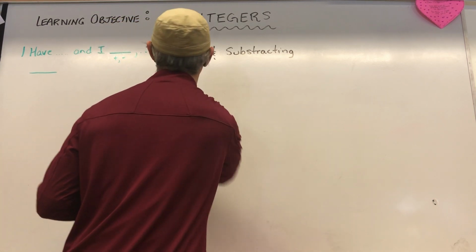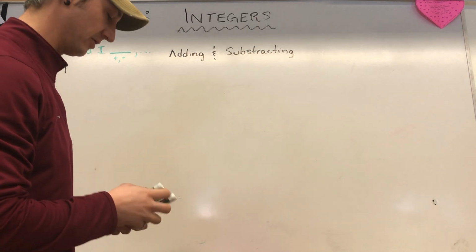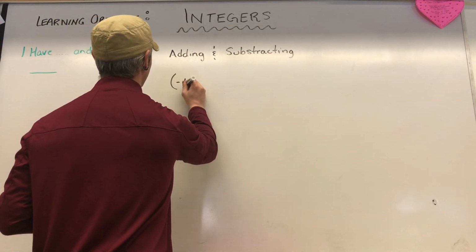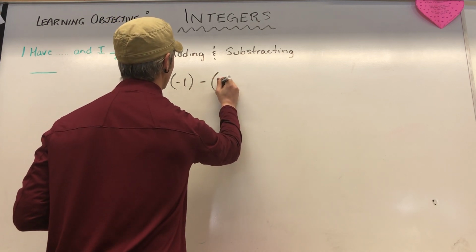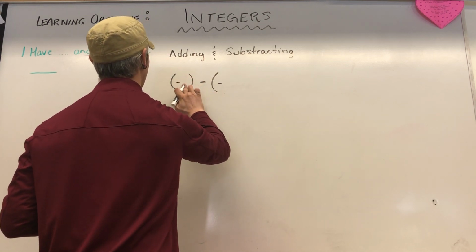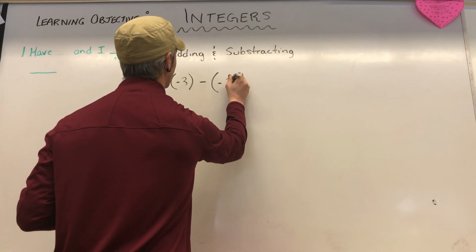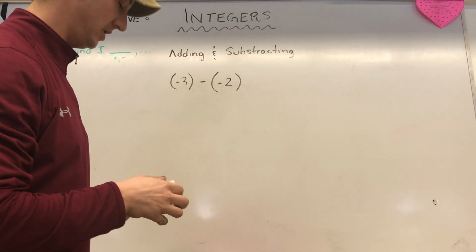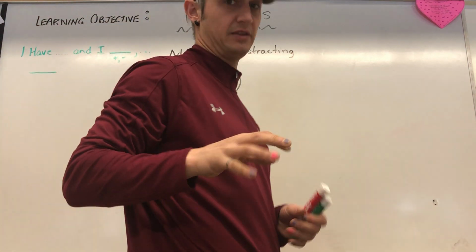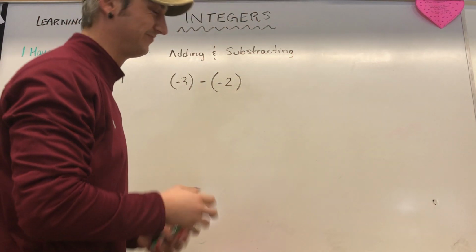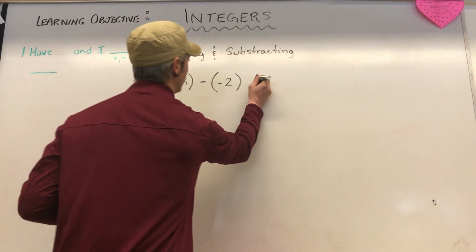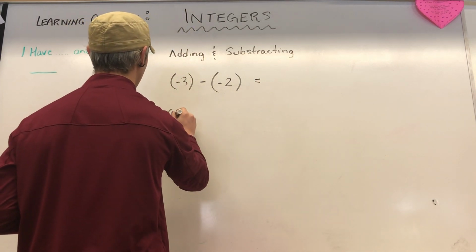And for subtraction, we're going to use the same sentence here, okay? So let's do a couple examples. I have -1, let's say. Okay, -3, and I take away 2. So subtraction gets ever so slightly more complicated. So in this example, and let's try